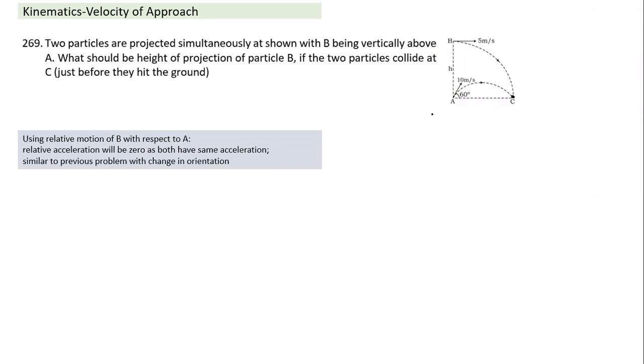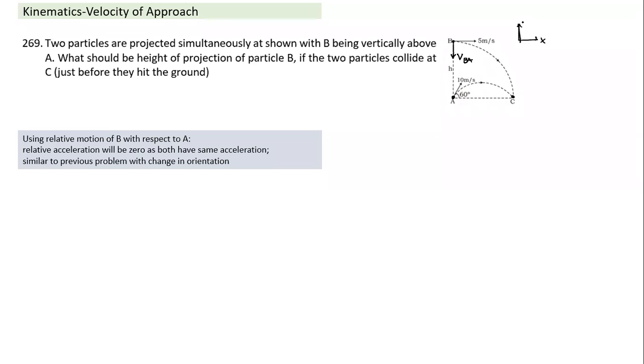Again, we use the relative motion of B with respect to A. So if you are sitting here as an observer, you move along with projectile A. What has to happen for collision to take place? Now this becomes the line joining the two. So what has to be the direction of velocity VBA? VBA should be directed like this. That's what you need to understand. If I take this as x and y direction, VBA should be along minus y direction.